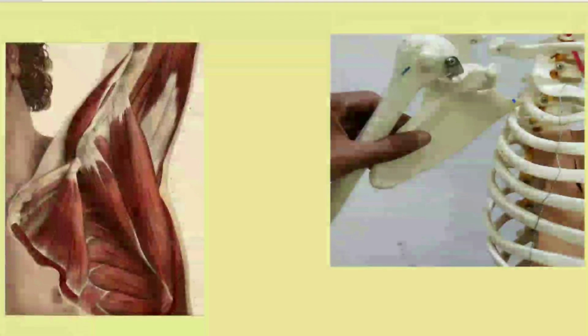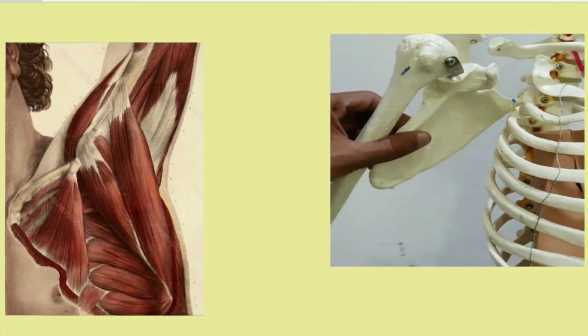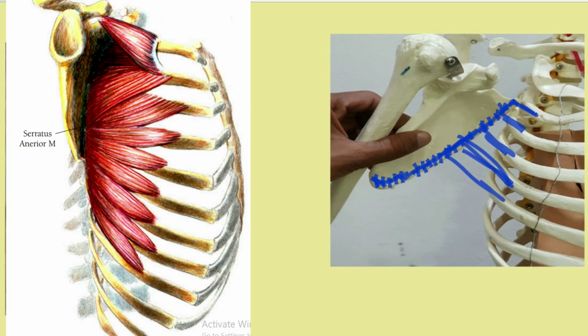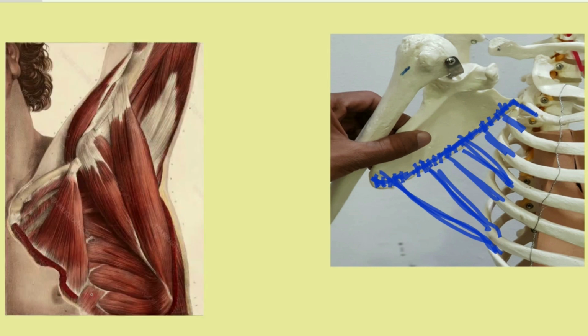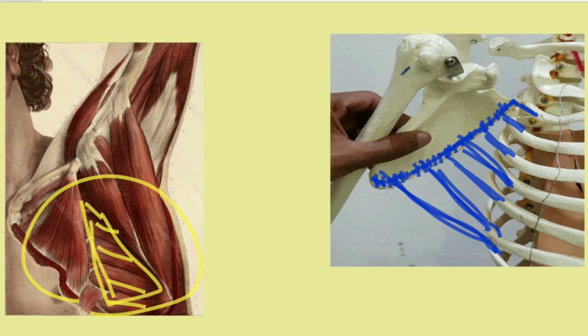Now coming to the medial wall of the axilla. Medial wall of the axilla is formed by a special muscle that starts from the medial border of the scapula, the whole medial border on the anterior aspect of the scapula. This whole will generate a muscle that is the serratus anterior muscle. From here it will start and will move towards the ribs, 8 ribs in the form of digitations, 8 digitations of the serratus anterior muscle. This is a muscle like this. You can also note down here these digitations. This is the serratus anterior muscle present over the medial aspect of the axilla in a convex form.